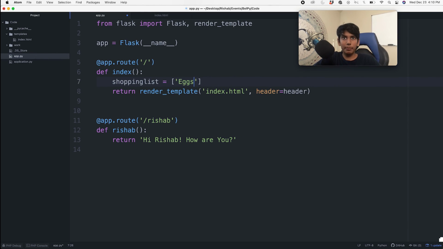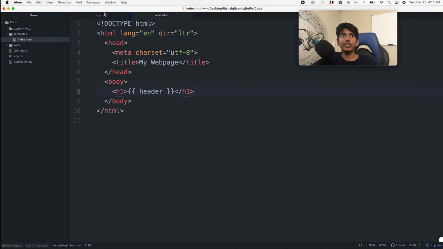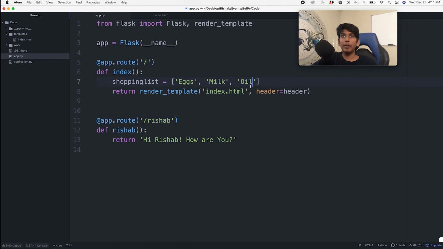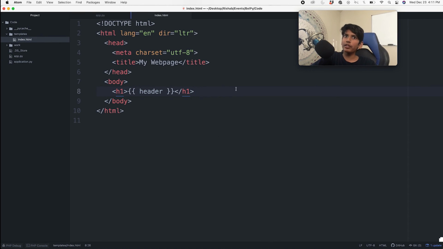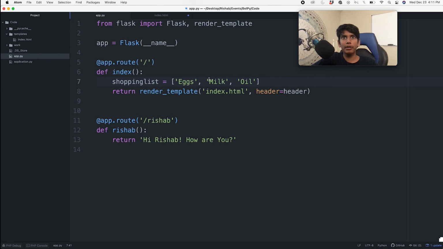So let's say in the shopping list we want eggs, milk, and let's say oil. So we have 3 elements in our array, but you can add as many as you want. And in index.html, we want each of these elements to appear as a bullet point. So how we can do that is by using an unordered list. So I'm going to use the ul tag, which is unordered list, and then inside of that, instead of writing